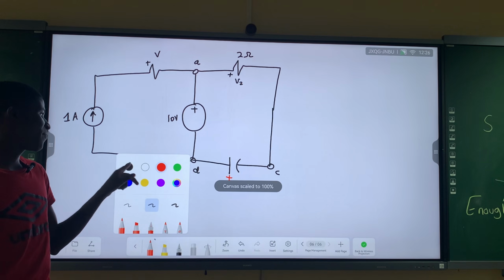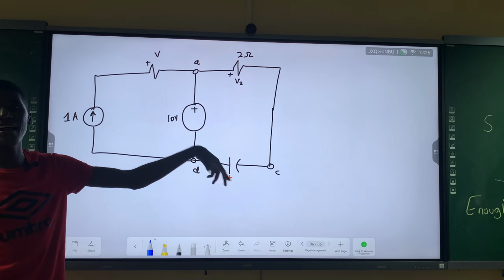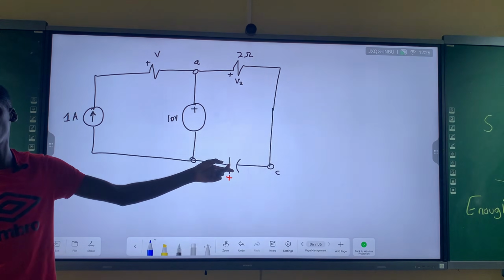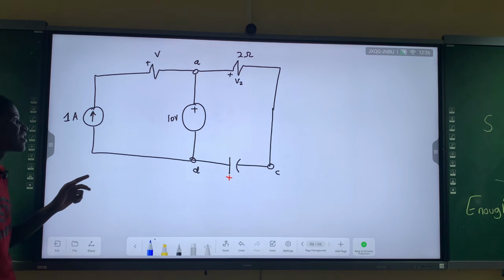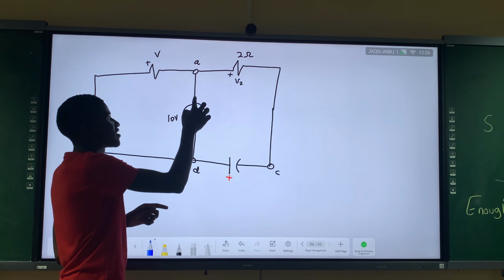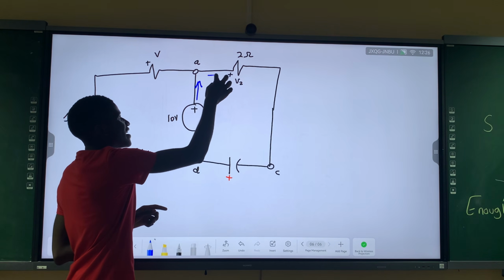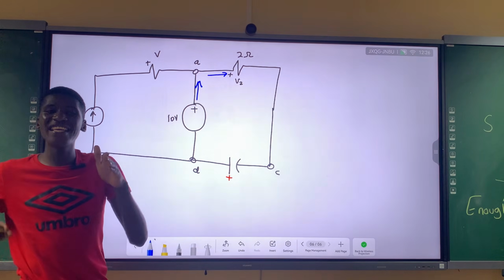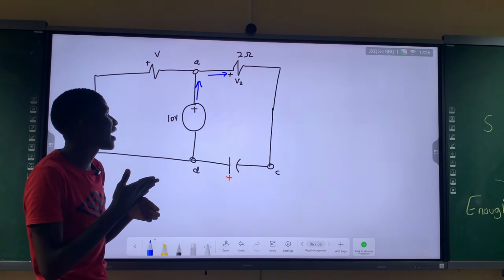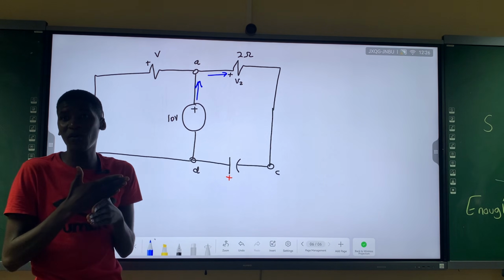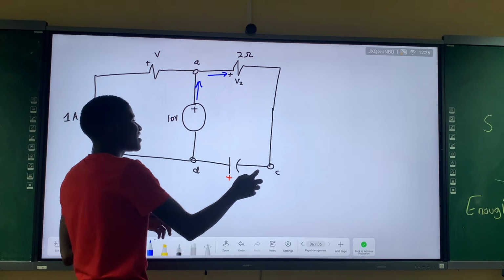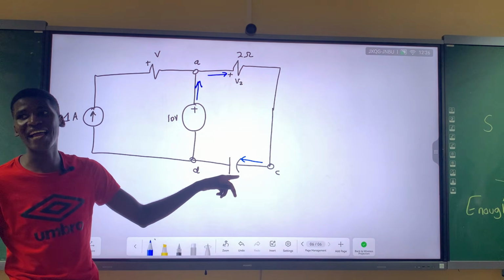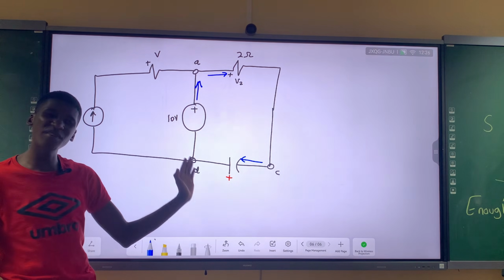Yes. The positive is supposed to be here by the convention that we know. But our positive is on the other side actually. Why? Okay, let's just show it. The current coming from this voltage source goes like this. When it enters this resistor, it enters the positive terminal. Kahle, when a current enters a particular component, it must enter the what? The positive terminal. Similarly, when it enters the capacitor, this must be the what? The positive terminal. But the positive has been placed on the other side.